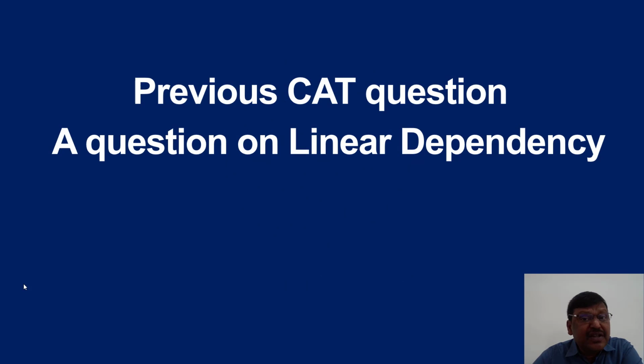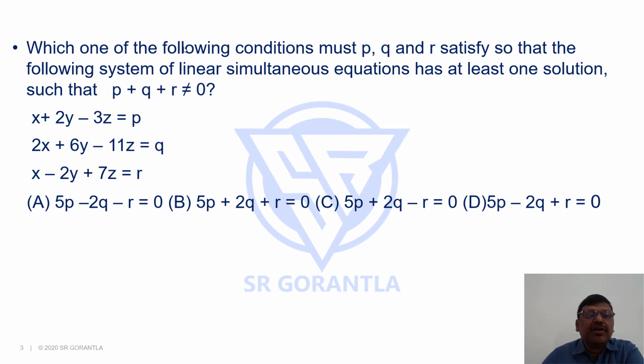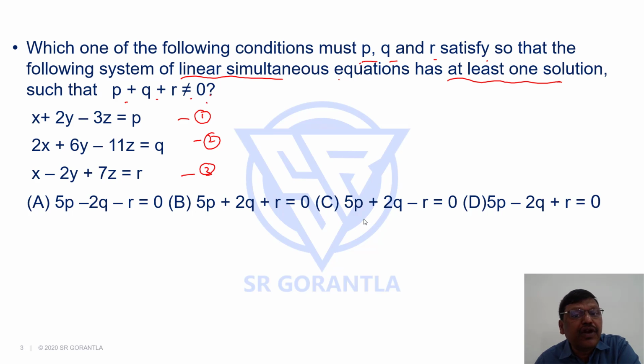In this session, we will discuss a previous CAT question based on the concept of linear dependency. Here comes the question. Which one of the following conditions must P, Q, R satisfy so that the following system of linear simultaneous equations has at least one solution such that P plus Q plus R is not equal to 0? Now there are three equations here. And you have to identify which of these following four conditions must be satisfied so that you will have at